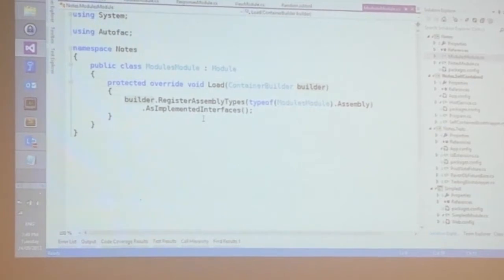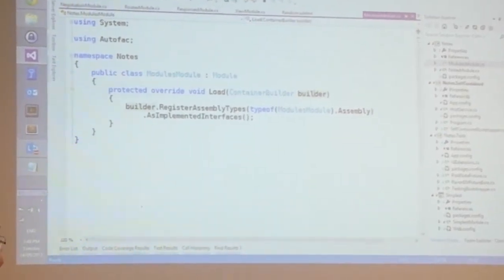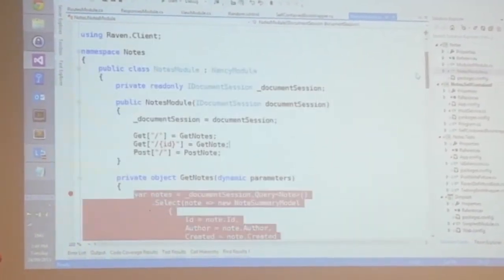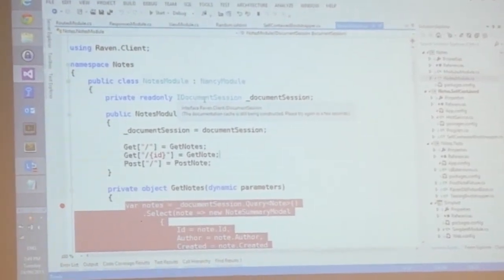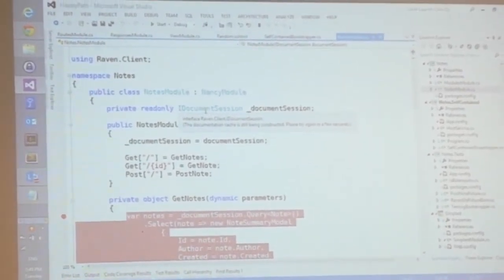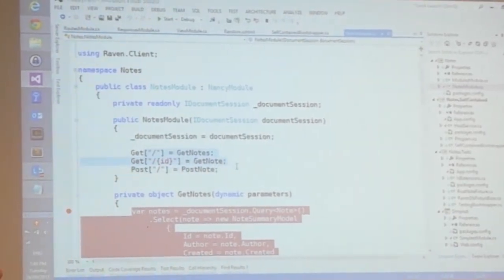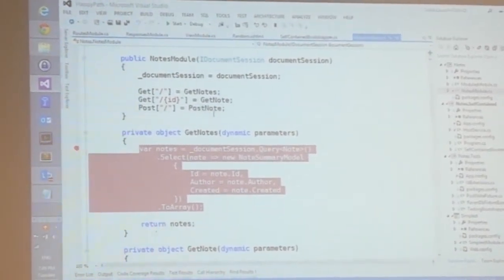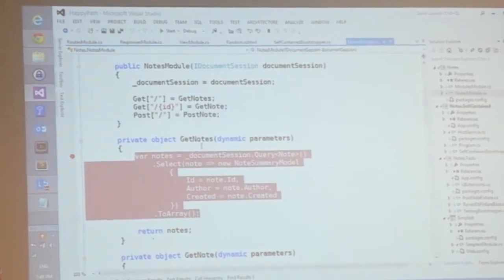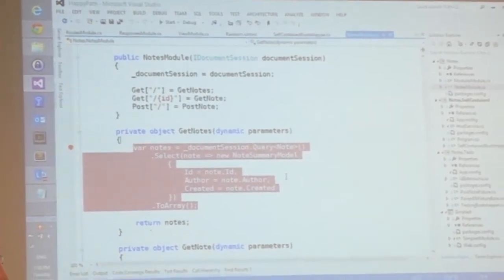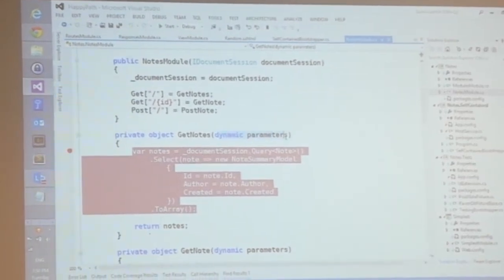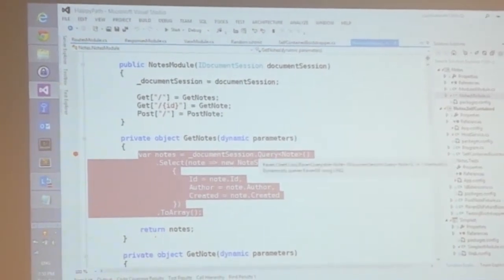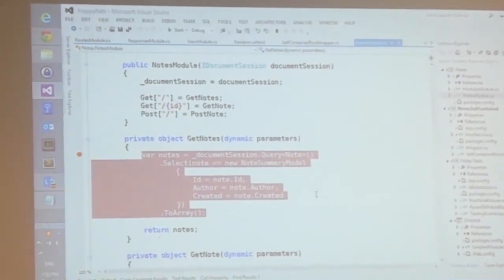So then I've got a module here that's just doing some of the IOC wire up, which is fine. And then I've got the module itself, which has a few things in here. I've got some RavenDB stuff going on in terms of the document sessions to talk to the RavenDB database, which is fine. I've got a couple of default routes that we've set up, which are just going to be get notes in a few of those occasions and a post note to put things in there. Then I've got get notes. This is just an API, which is going to return an object. You'll see it takes a dynamic set of parameters so we can read those based on whatever's coming in.